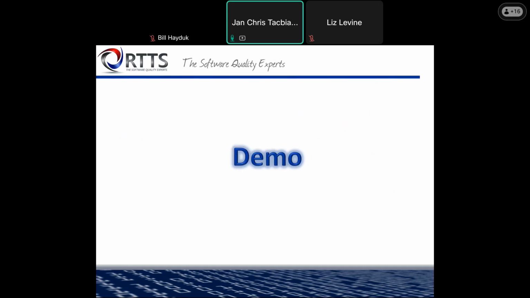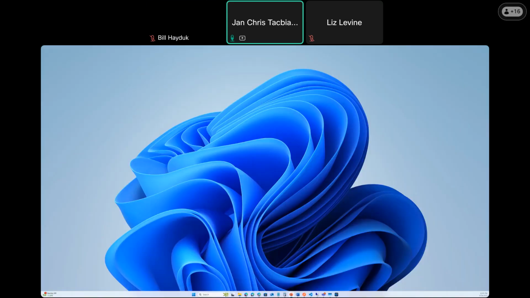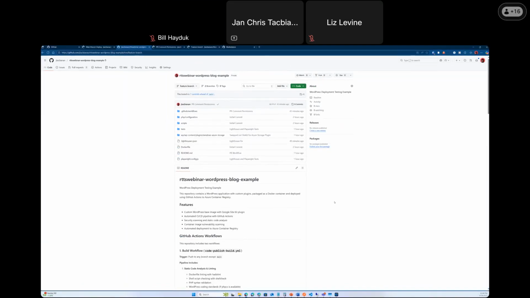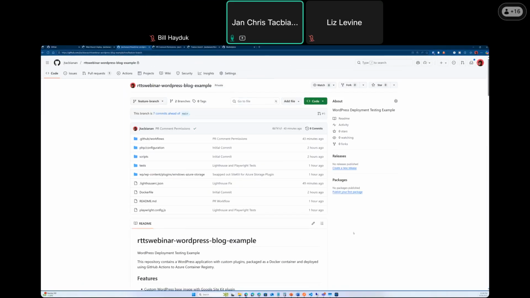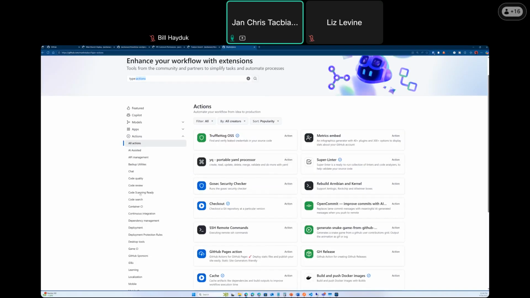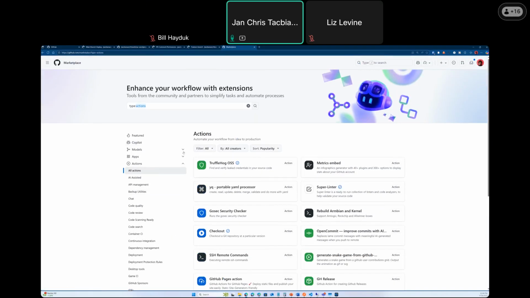Right, so the next step I'm going to have here is to go over our demo. So let me close PowerPoint here. And let me zoom in here. So I prepared two little demos here. The first thing is, actually, let me go into the GitHub Marketplace. So here's the GitHub Marketplace. You can actually filter by actions, and you can see there are plenty of options for